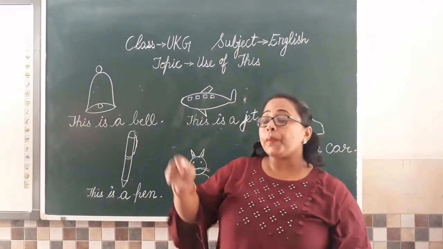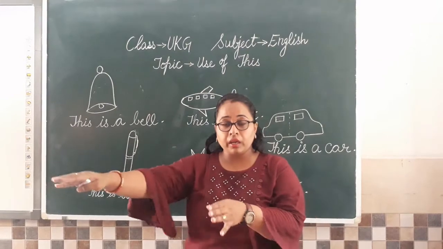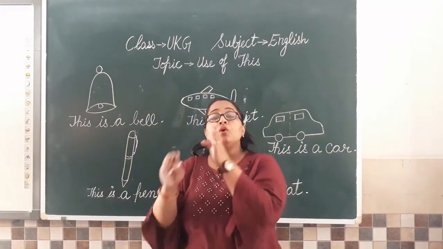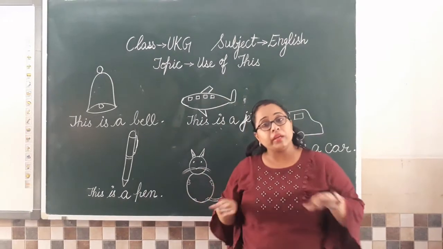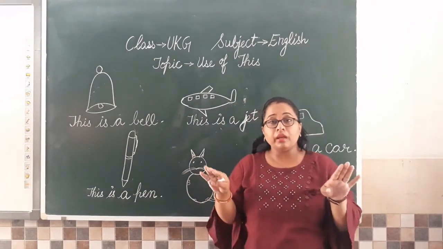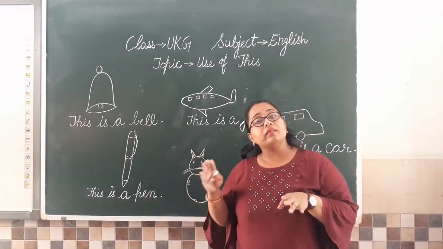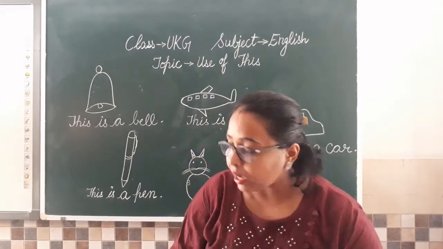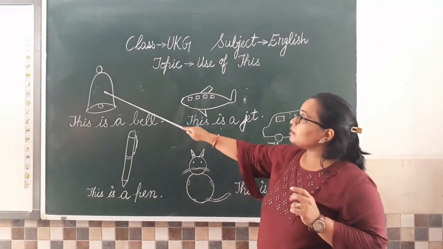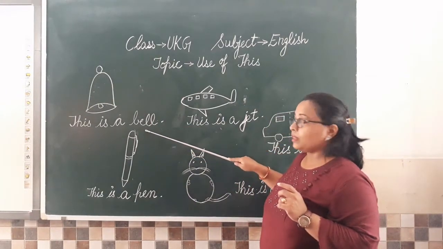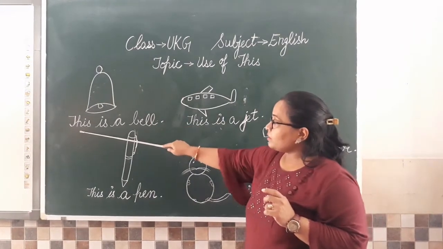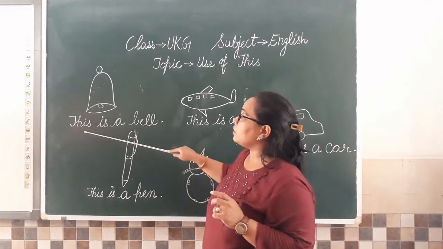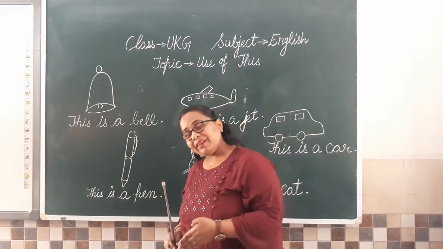But if I want to pick up a chair, chair दूर रखी है, so I say that. अब arrow बनाना पड़ा ना मैम को, तो जिन objects के लिए हमें arrow नहीं बनाना पड़ता, हम नहीं बनाते, for them we use this. Clear all? So let us see what we have done. What is this? This is a bell. This is a bell. So we have used this here. क्योंकि ये bell हमारे near है.